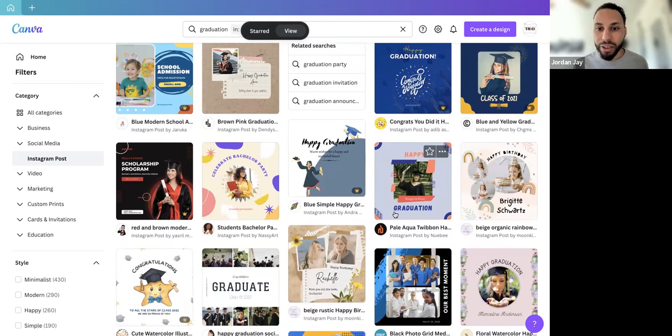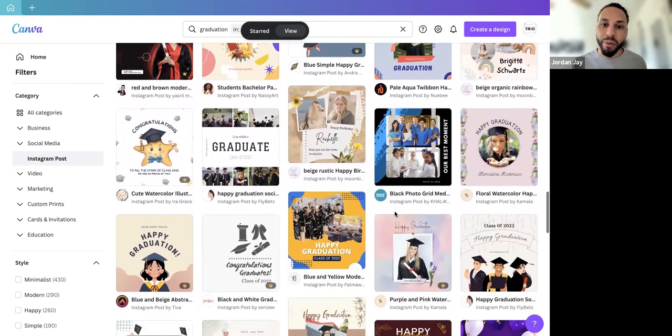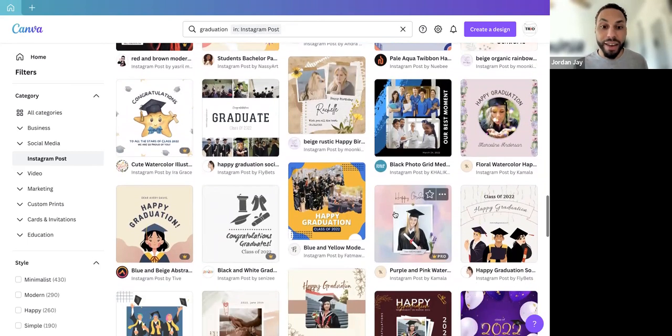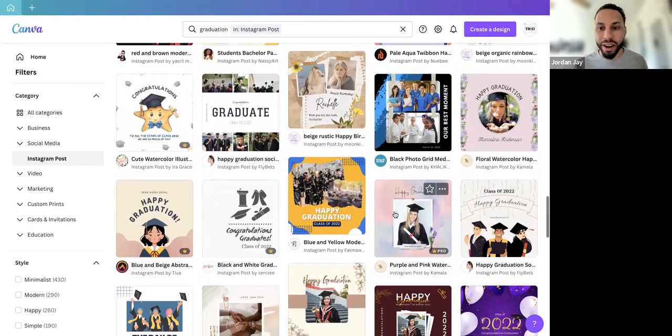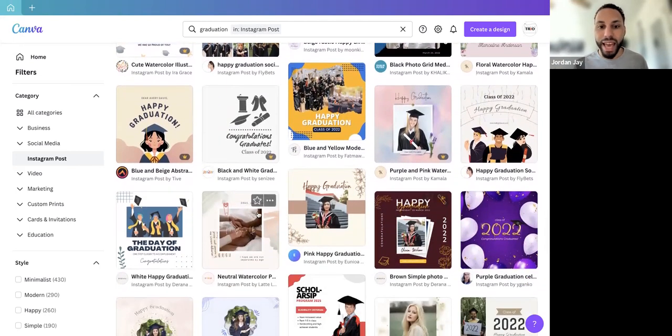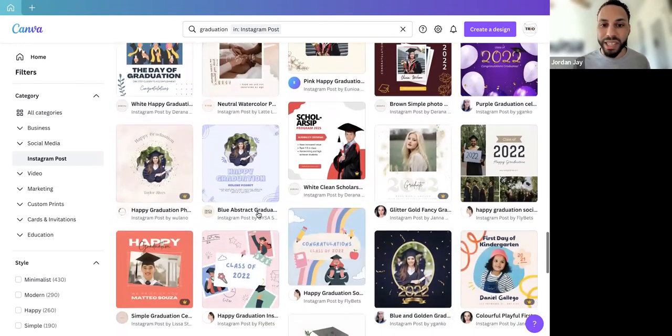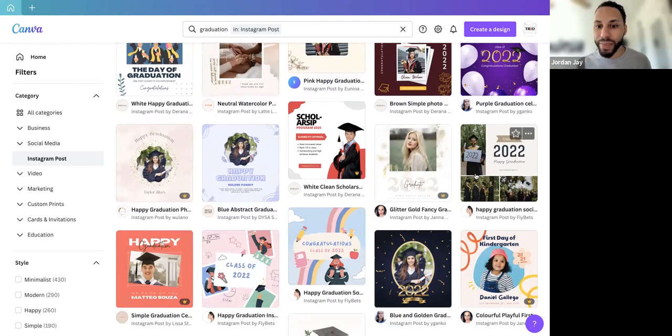And then I just go back and I'll see it later when I'm trying to come up with an idea for an Instagram post I want to use tomorrow. I already have all these ones that I've starred. So that is something I would recommend using often. Anytime you see something you like, just star and save it for later.